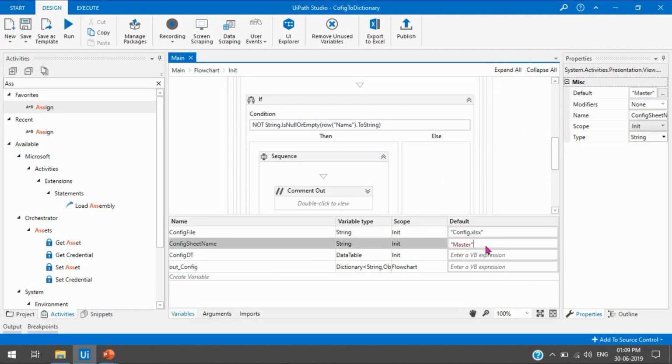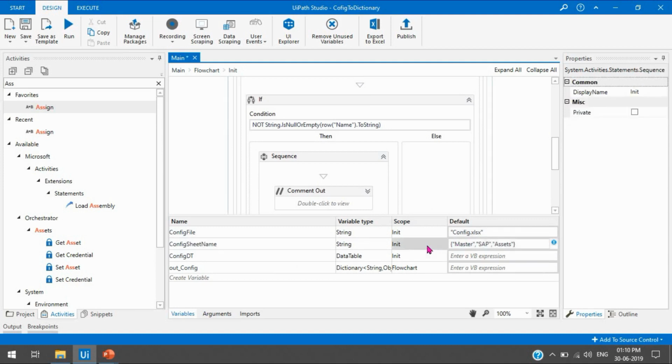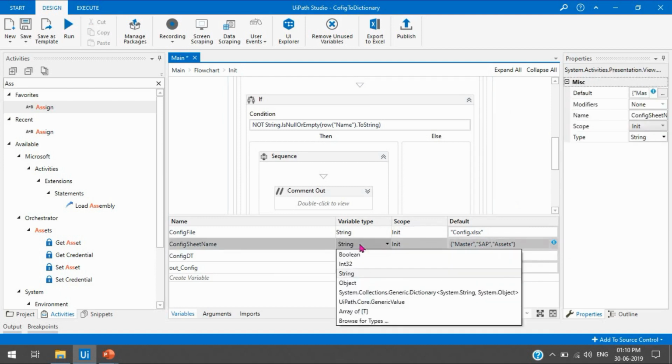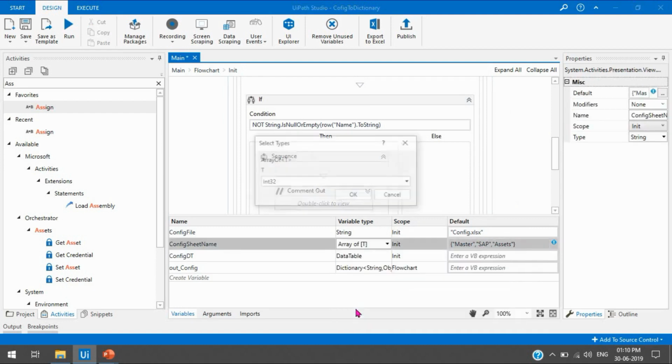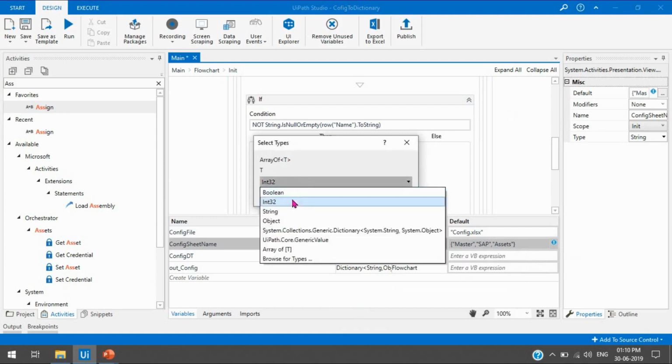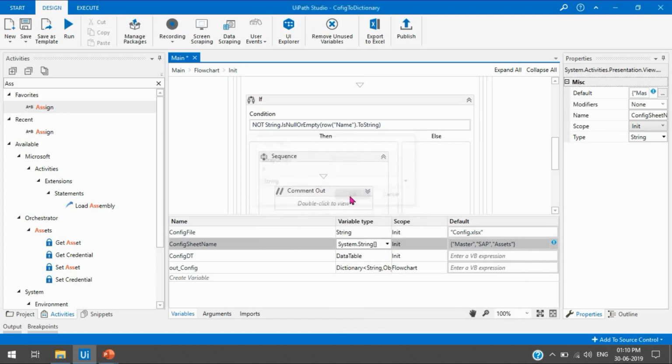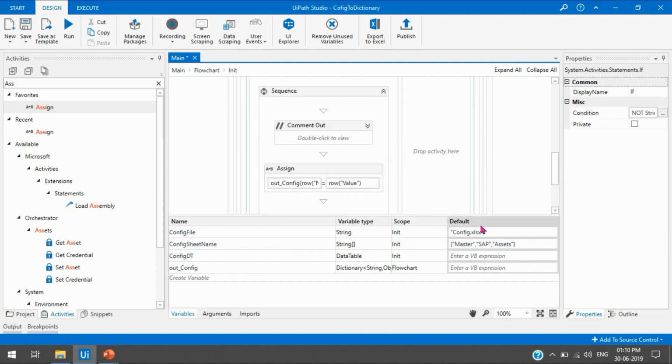So we need to write this in underscore like this in master, and then double quotation SAP, and then again comma, and then again double quotation for assets, and close the bracket. Now we have the 3 sheets. This is the collection, so we need to change the type from string to array of string, because we have an array of data here in the three sheets.